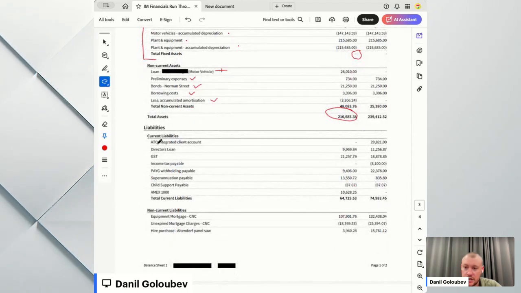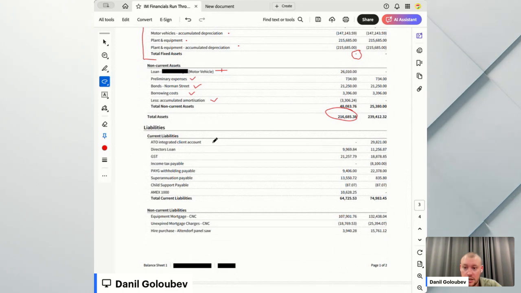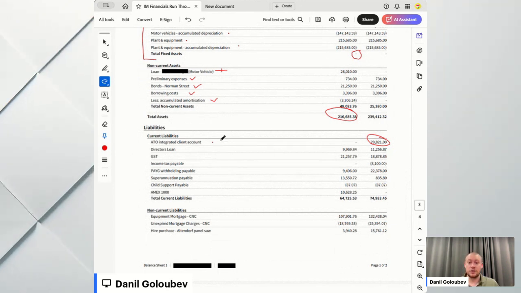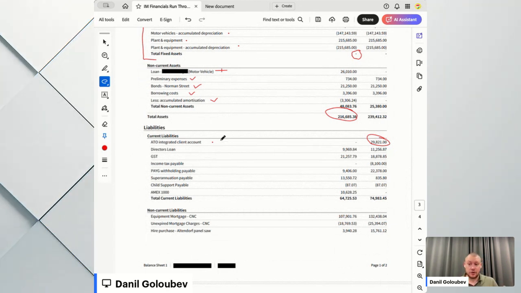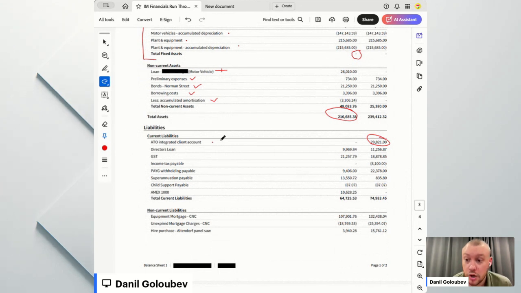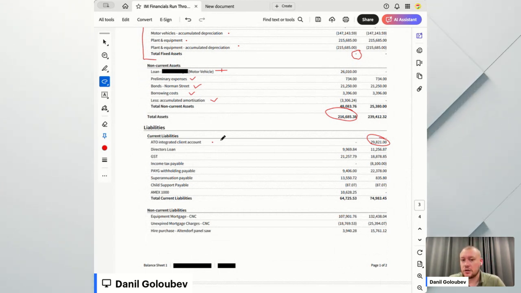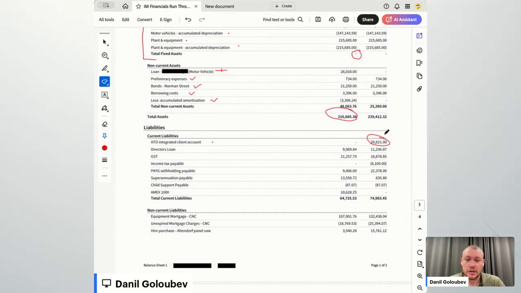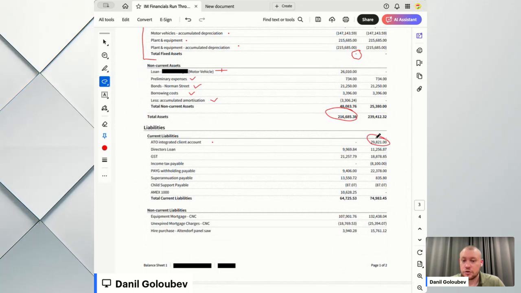You'll notice here, which is our current liabilities. Most businesses will have very similar amounts. So they previously had a small debt as at 30 June 2023 for their ATO integrated client account. This is when you incur your BAS debt. We like to post it to a separate account where we know what you owe to the ATO. A lot of the time it can be a bit of a timing thing. They may have lodged it in June, paid it in July, hence showing up as a liability come 30 June 2023